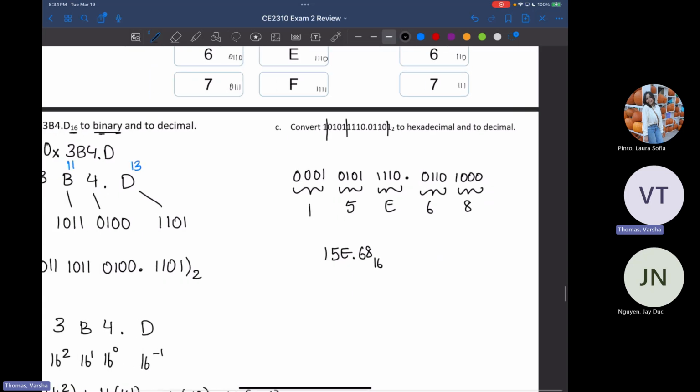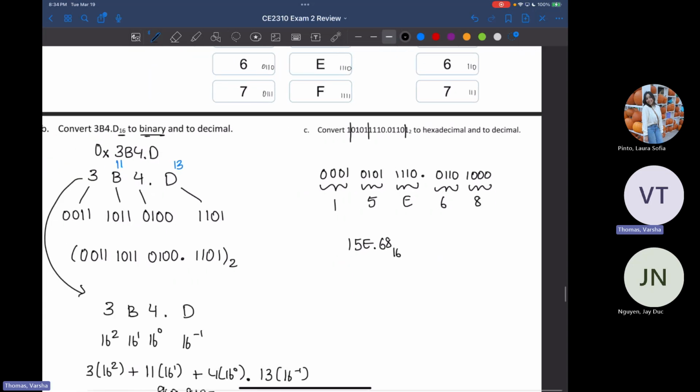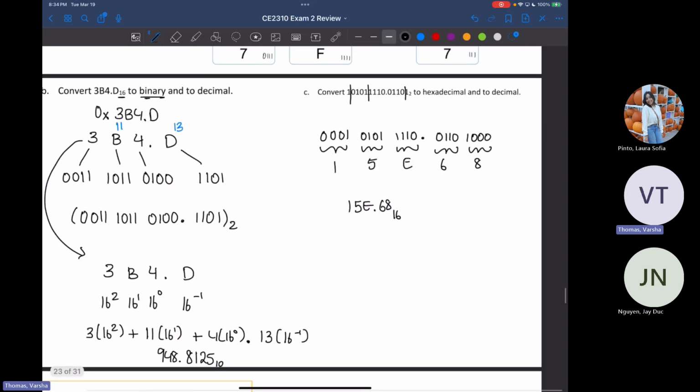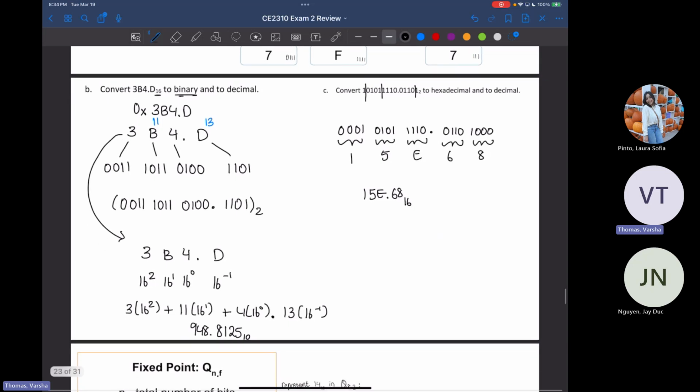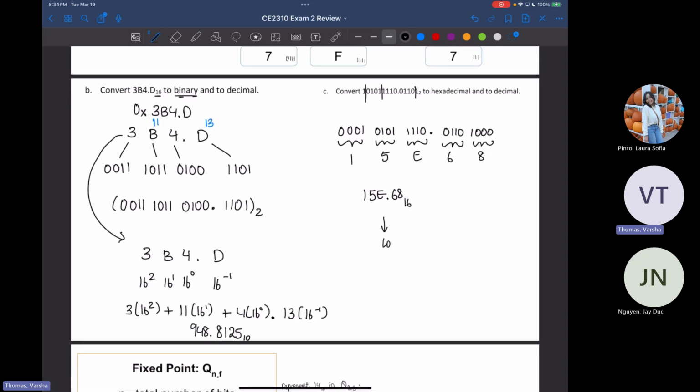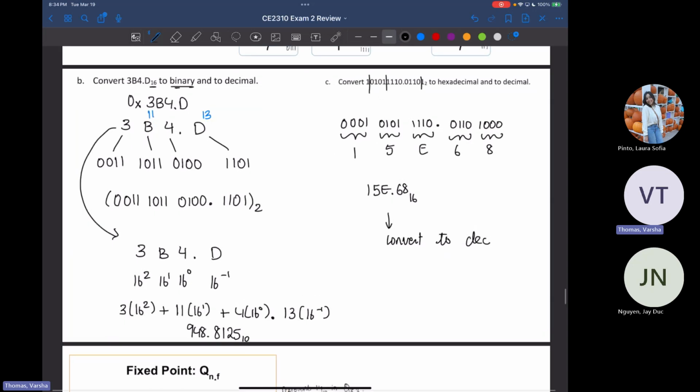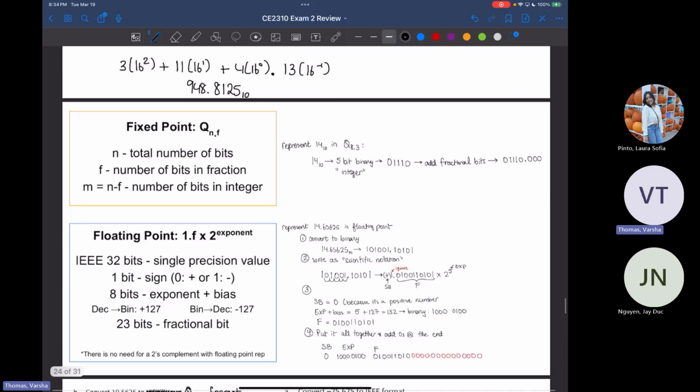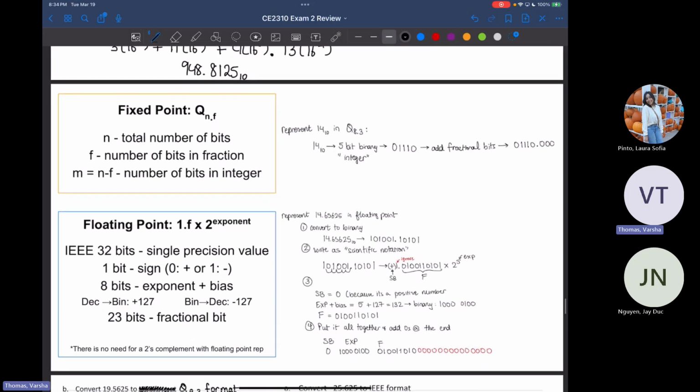Then you can convert it to decimal either from binary or from hex, whatever feels more intuitive. Okay, let me just write. Okay, questions? Okay, fabulous. So we're moving on to our 2 methods of representing fractional values, or just any binary